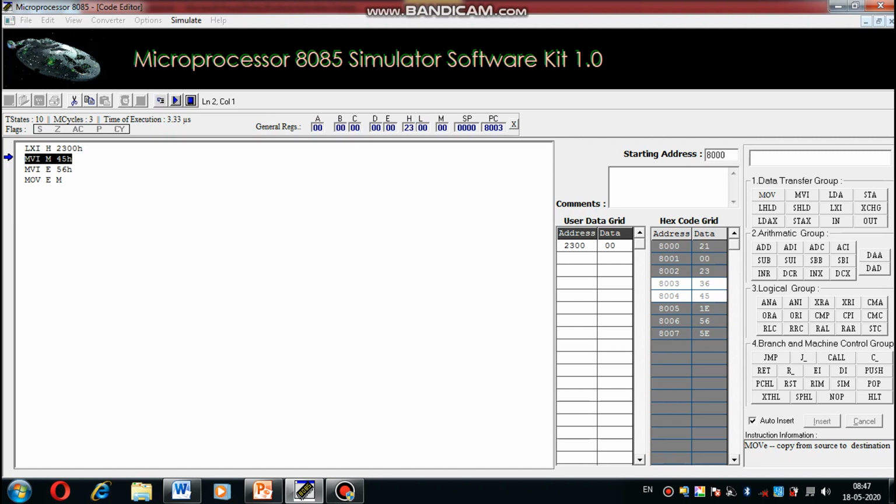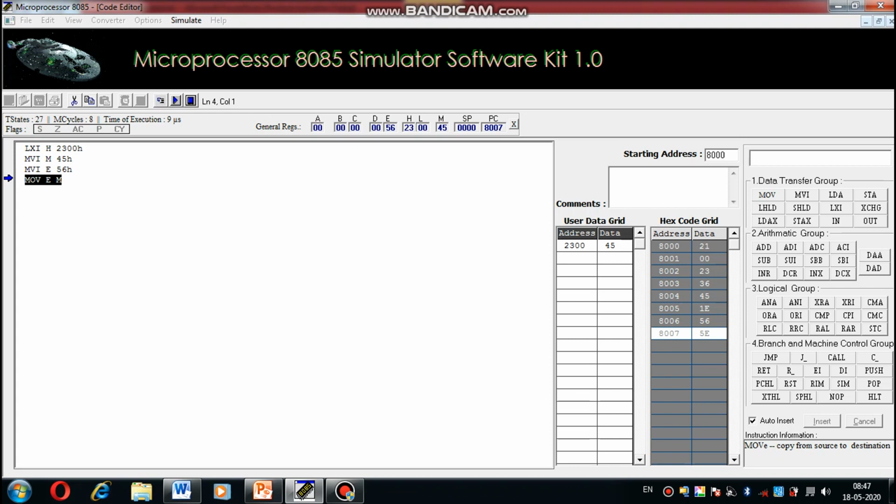Look here, H is initialized with 23, L is initialized with 00. That is, HL is initialized 2300H. Here M is 00 before execution. Whenever it is executed, then 45H comes in M register, and in the memory location 45H is initialized. In the E register, before execution 00, whenever it is executed, then 56H data comes in E register.